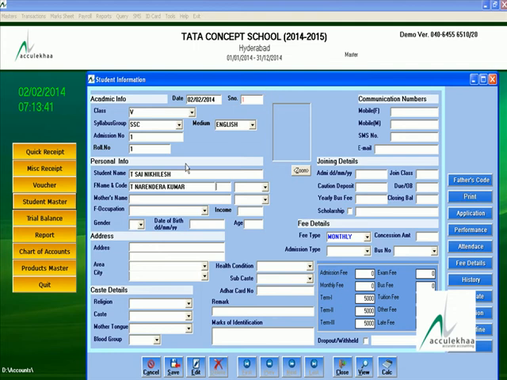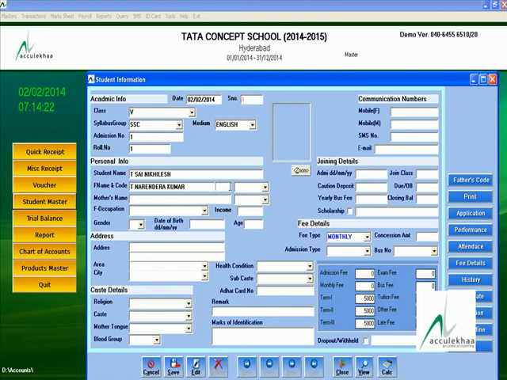And this is the father name, and the father code you can use for any parent having more than 2 or 3 children. Then you can use this option, and you have to give one code to the parent, and the same code will be repeated for all their children.